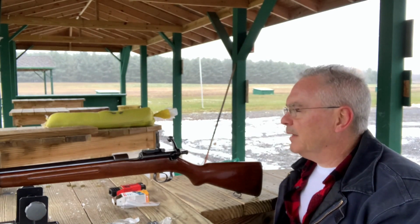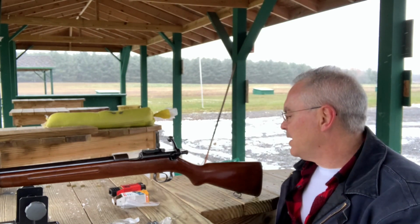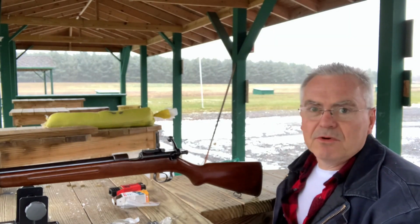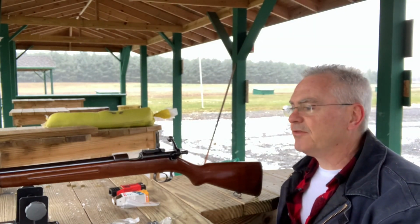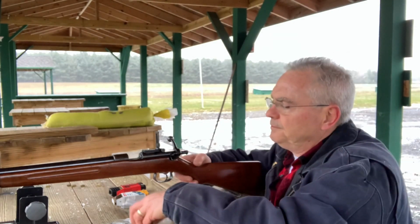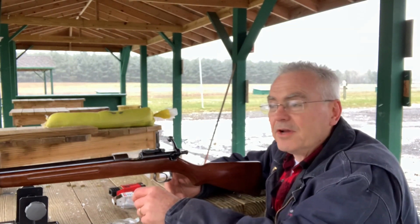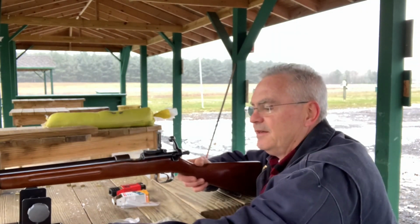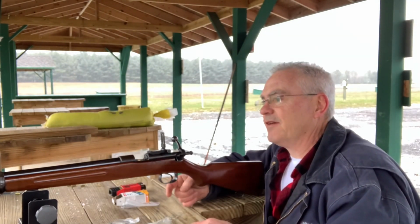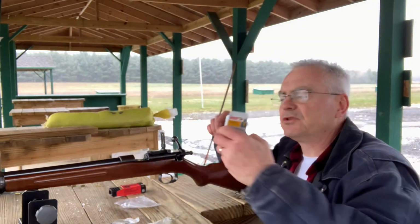But all right, I'm not sure if there's any more I can tell about this gun other than, like I said, it's easily one of my top 5 in my collection, if not top 2 or 3. And I do have several guns that cost way more than this did, and they're definitely below this one on that favorite list. So this first group I'm going to shoot, I'm just going to shoot some Aguila Super Extra